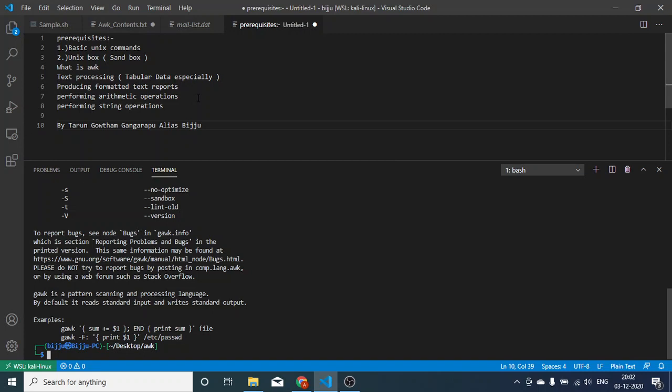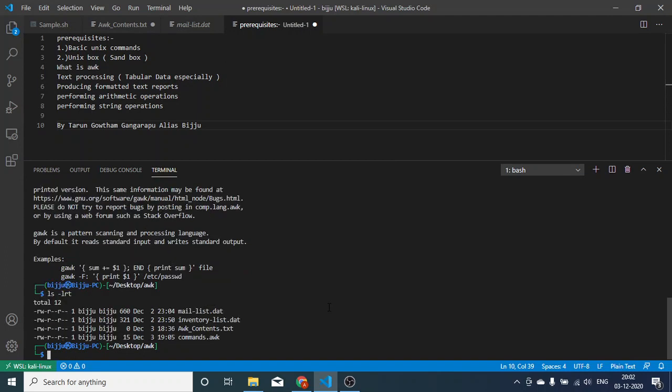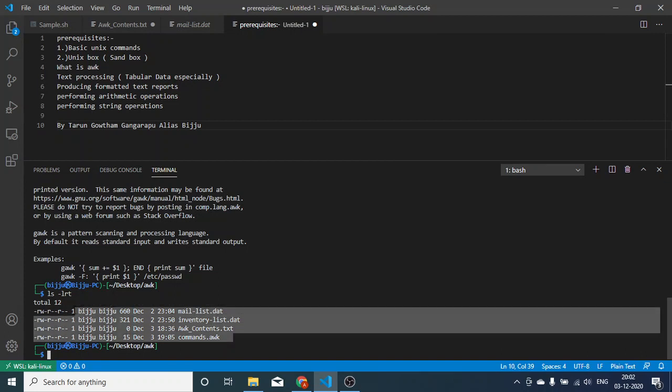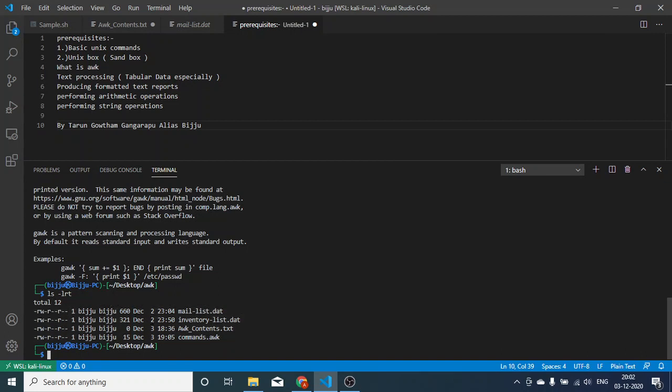In all those cases, you can use awk for producing formatted text reports, performing arithmetic operations, performing string operations. One of the biggest examples of tabular format data while using Unix is ls -lrt. Even this is a tabular format,